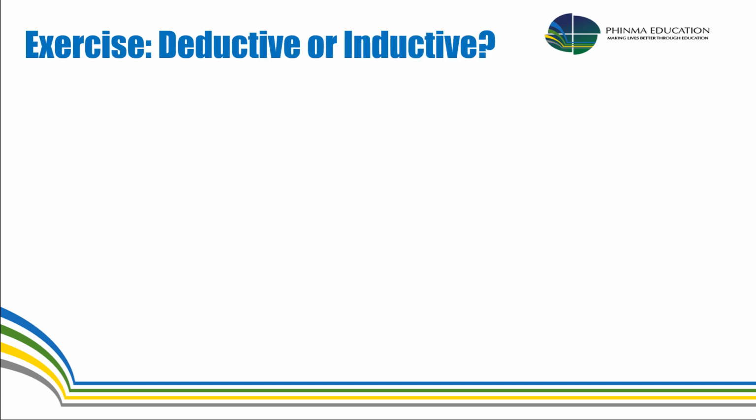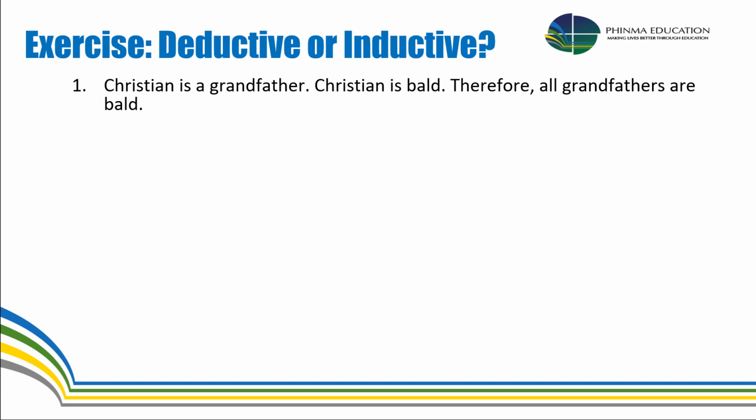Let's try. We have here the exercise: deductive or inductive. We're going to identify the given set of numbers, word problems, or statements, then answer by saying if it is deductive or inductive. Okay, so we have here number one. Christian is a grandfather. Christian is bald, so therefore all grandfathers are bald. What will be the answer for this item number one? The answer would be